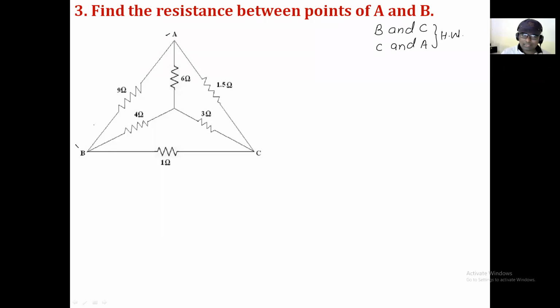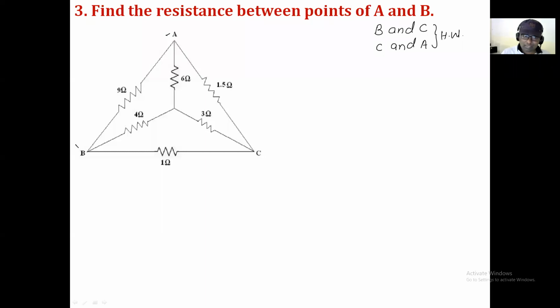Can someone say that the resistance in between the point A and B is clearly visible, it is 9 ohm, then why is it necessary to calculate it? So definitely it's wrong, because not only the 9 ohm is connected in between the point A and B, the further part of the circuit is also connected. So definitely we have to take it into consideration while calculating the resistance in between the point A and B.